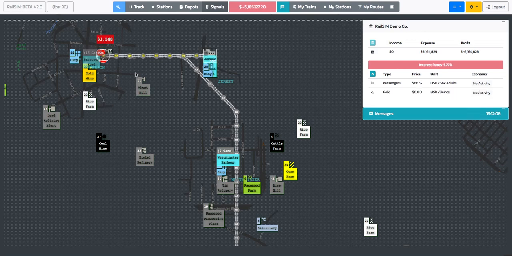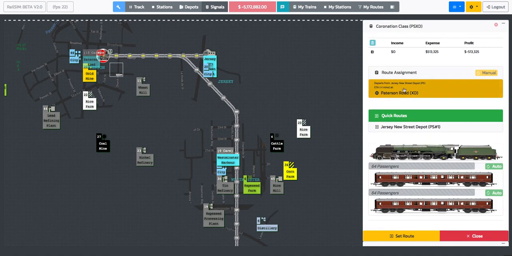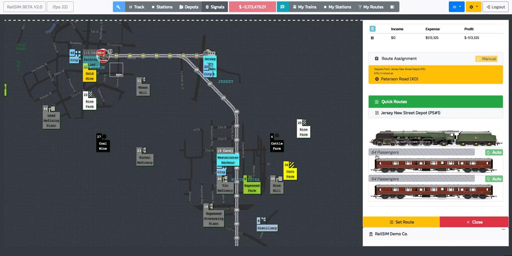Right. Okay. So now we've arrived at Patterson Road. I want to send the train. Well, actually that bug is causing me some problems here because the train is behind the track, and I can't actually click on it, as you can see. So I'll definitely get that fixed straight away. I do have another way in. I can click on the train's head code here in the message window, and I can pull up the train. As you can see, we've loaded passengers